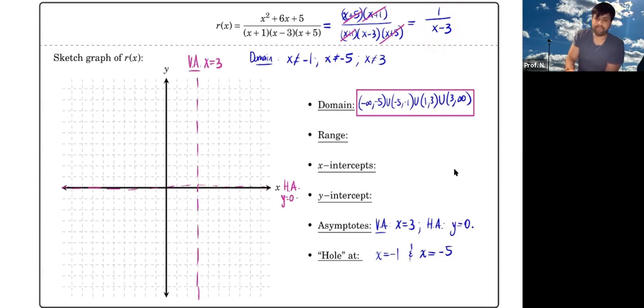Okay, and so the range we also have to be careful. Again, the range is probably the most intriguing part. We have to be careful for that. Before we get there, though, we want to talk about the x-intercepts. The x-intercept is when the y value is 0, which means that my numerator has to equal 0, but my numerator is just 1, so we actually have none. We have no x-intercept. We should know that because the horizontal asymptote is y equals 0, and we only